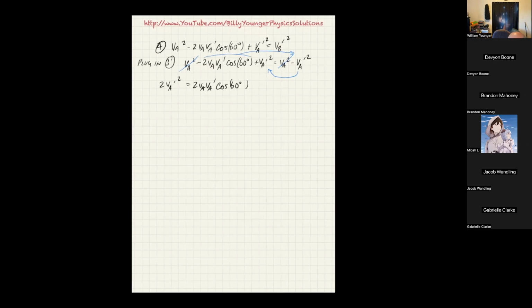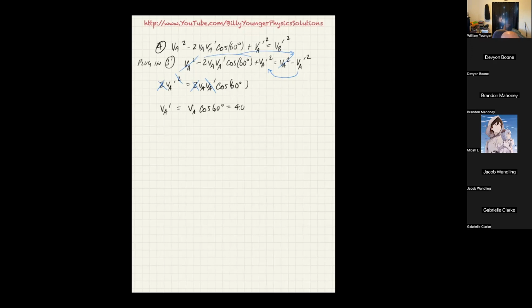That clearly has an extra factor of VA prime that can cancel out. It's also got an extra factor of 2 that can cancel out. And I'm finally left with VA prime is equal to VA cosine 60 degrees, which is equal